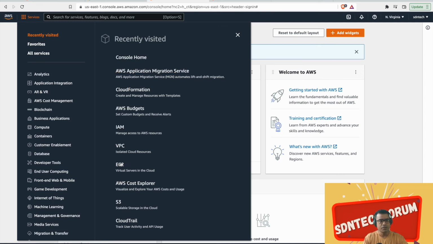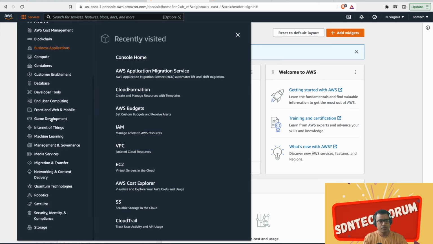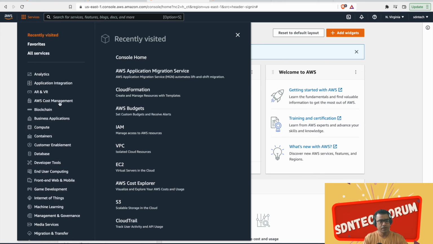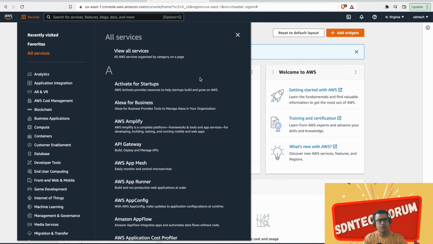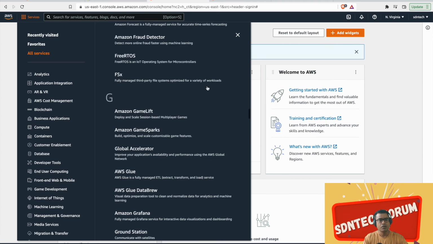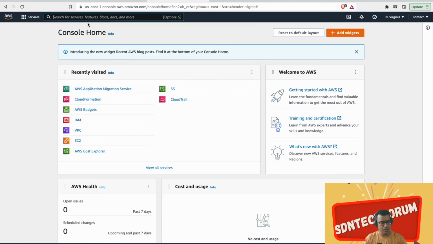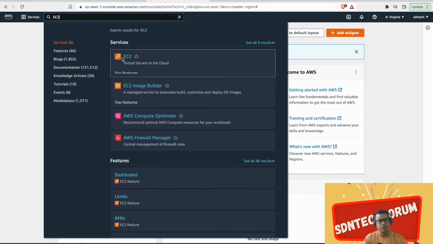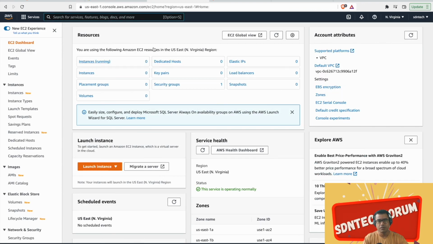Okay. So as you can see, I have this in lexicographic category, but if I click on all services, I can see all my services listed here. Or you can search for a service. For example, I want to search for EC2, which is the very popular virtual machine instances, and you can simply click on EC2, and that's where you're going to go, and you can now start using that service. That means you can create an instance, launch an instance, stop an instance, and all those things.